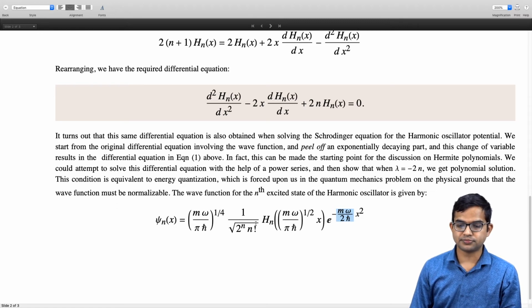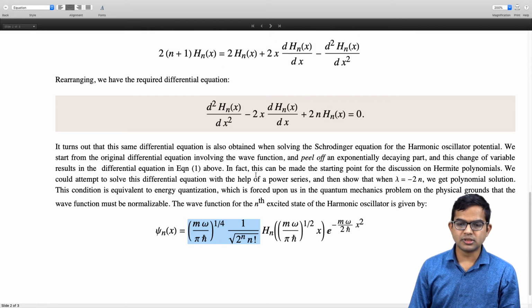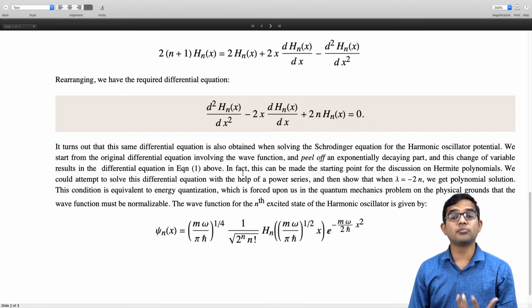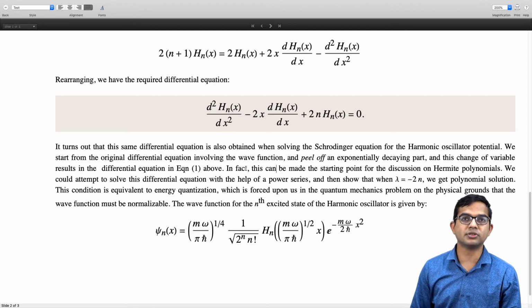And once again, the Hermite polynomial is sitting here, and you have this overall factor outside. Okay, so this is often a starting point, right? In fact, there are many discussions of Hermite polynomials which start with a differential equation of this kind, and